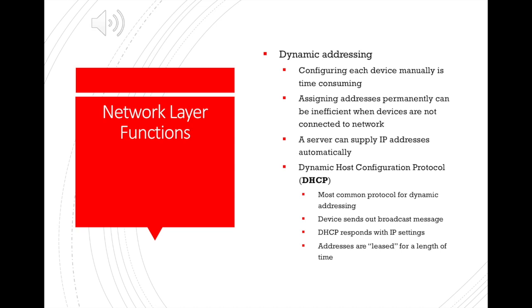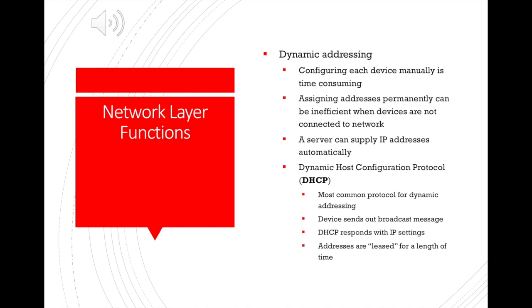Now we're going to talk about the concept of dynamic addressing. It is possible to set up a static IP address for a machine. However, for most user computers, this can become very time-consuming and monotonous. If you're on a large IT staff at a large company like General Motors, and you need to roll out and deploy a bunch of PCs for workers on an entire floor, you don't want to sit and configure each computer with its own network settings and its own IP address. You'd rather have a central device known as a DHCP server do that for you.